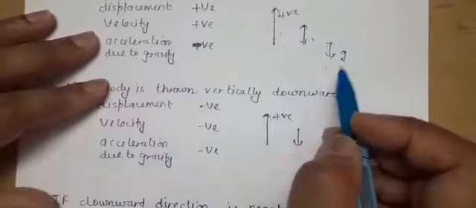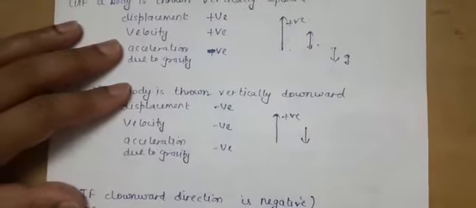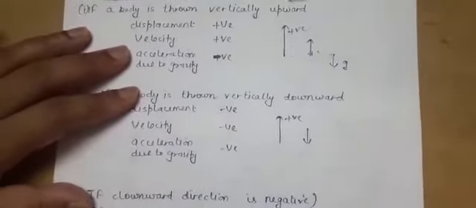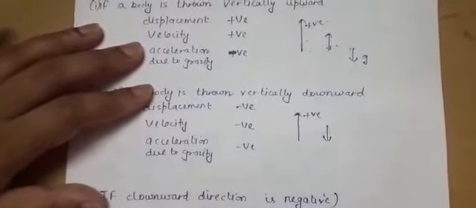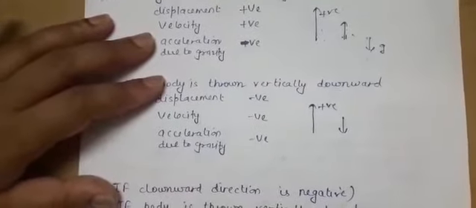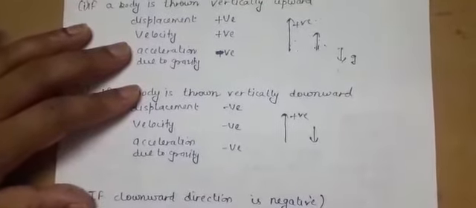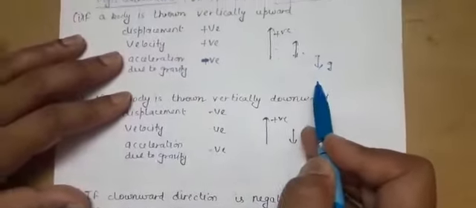How can you understand? Let me see. You can take an example. Suppose you have a ball, and you are dropping it. It is coming directly downward. Why? Due to the effect of gravity. It is not going upward unless you are applying force on it to move upward. That means any body which you are throwing from any height will always fall downward due to the effect of gravity, and gravity is acting downward.